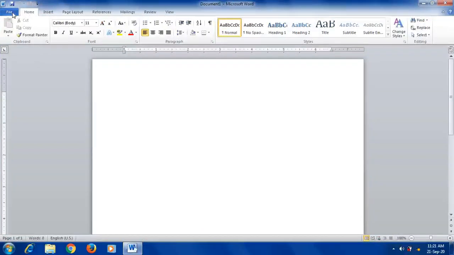Here, what happened in the 2007 version, there was an office button. Okay, there was an office button, and that office button was replaced with the file tab in the 2010 version. The version I am using now is the 2010 version. The new file tab of Word 2010 has replaced the office button of Word 2007. Also in the 2007 version, there was a round office button here, and that button was replaced with the file